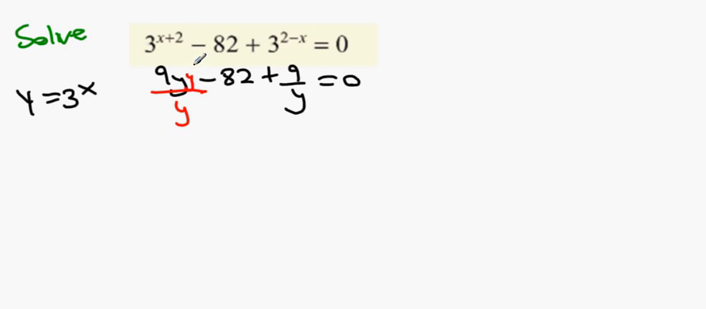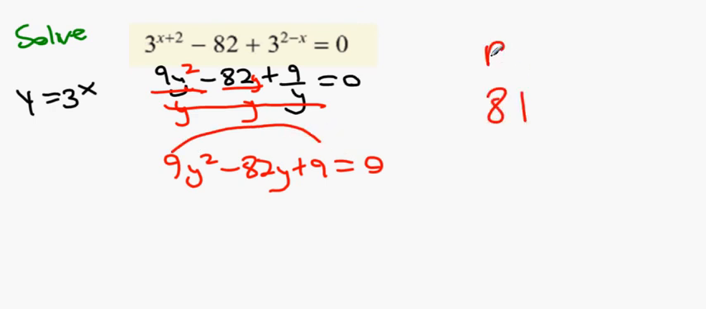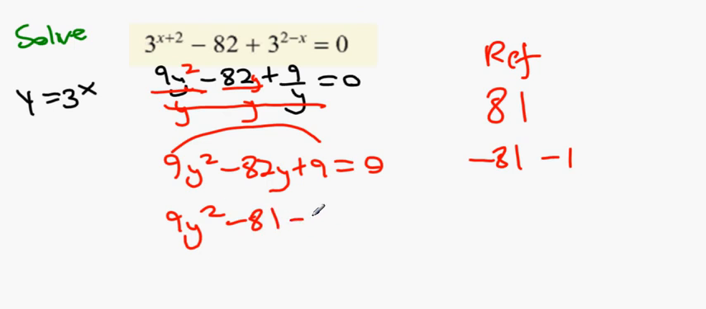So that's 9yy, or 9y squared. And then we're going to have 82y divided by y. All the y's cancel, and we're going to have 9y squared minus 82y plus 9 equals 0. Reference number: 9 multiplied by 9 is 81. It's minus 82, so it's going to be minus 81 minus 1. 9y squared minus 81 minus 1